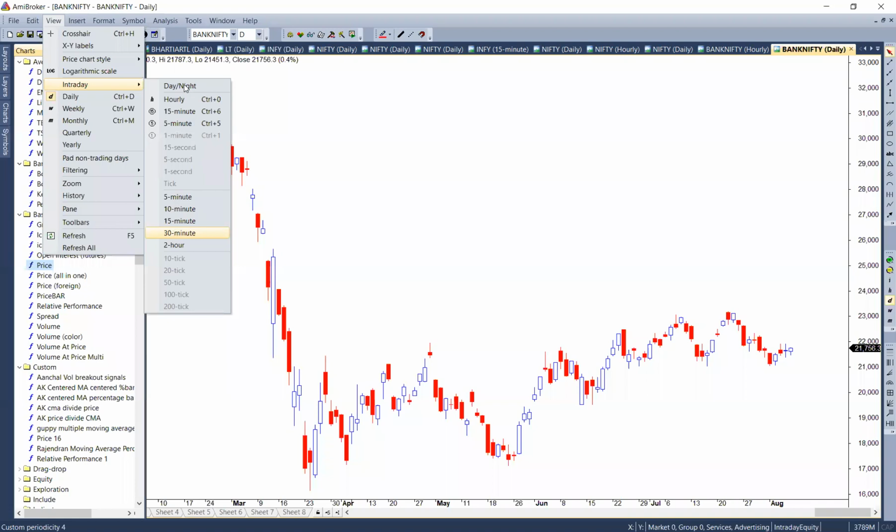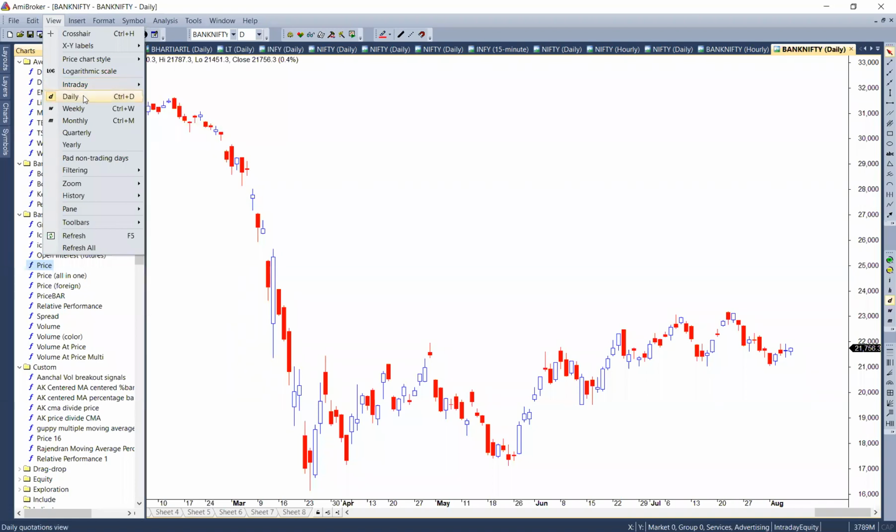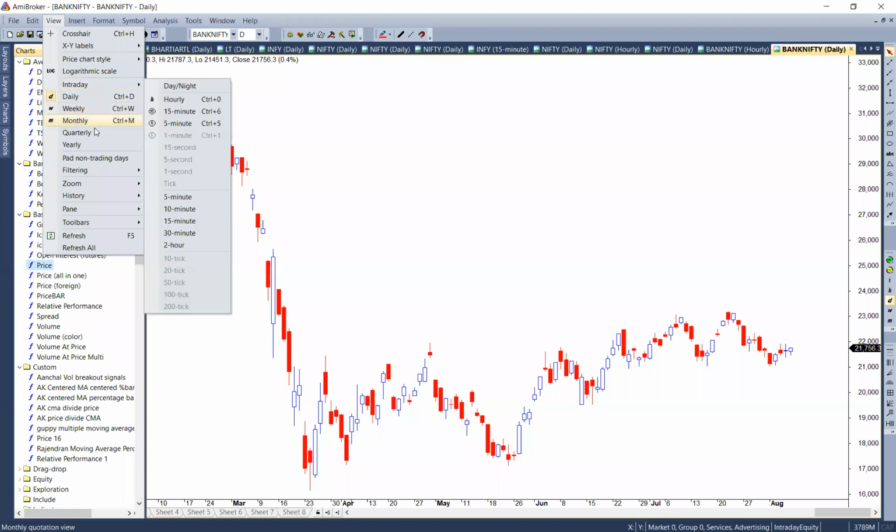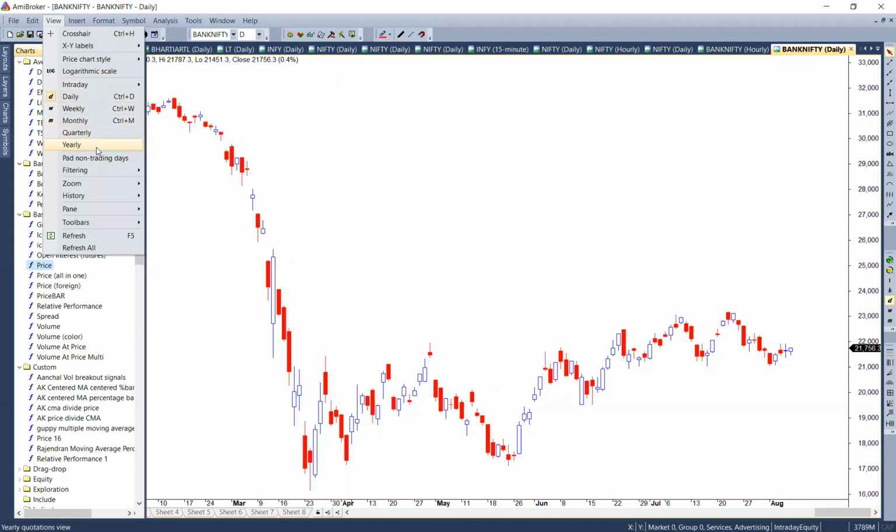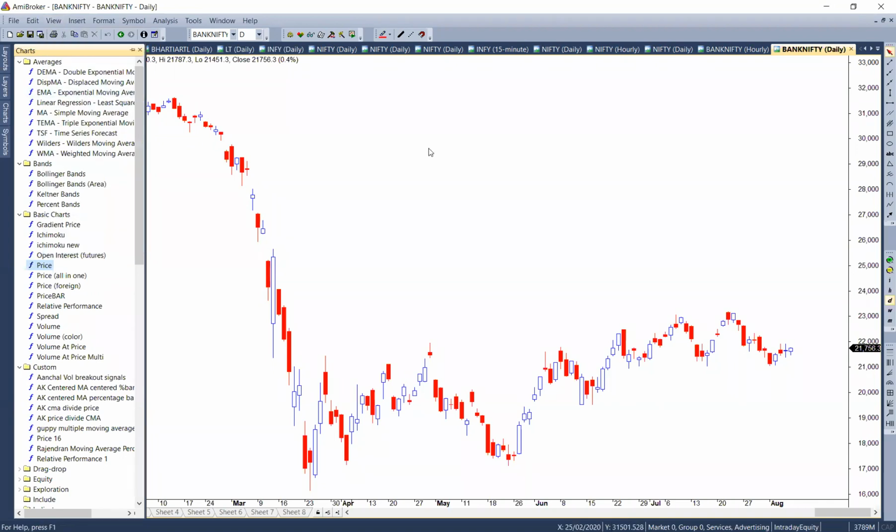So you can select what you want to see, or you can select a daily, weekly, monthly, quarterly, yearly. So these are various ways in which you can select different time frame charts. We will start with a daily time frame for now to understand the concept, simply how to look at the price chart and patterns.